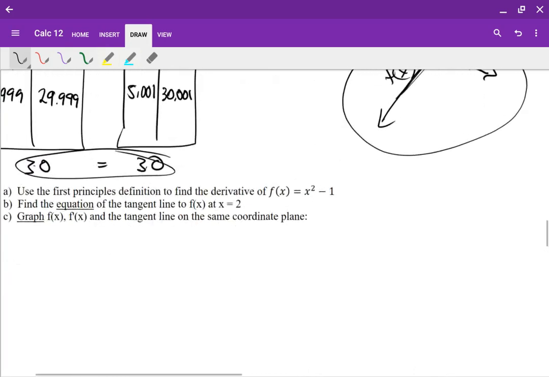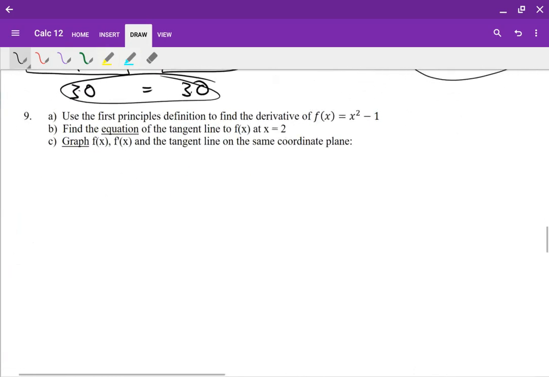All right, so now let's go to the 9th question here. Use the first principles definition to find the derivative. So this is that one that I just did, and this time I'll try it without making any mistakes. The limit as h approaches 0 of x squared minus 1. Oops, already made a mistake. (x plus h) squared minus 1 minus (x squared minus 1)